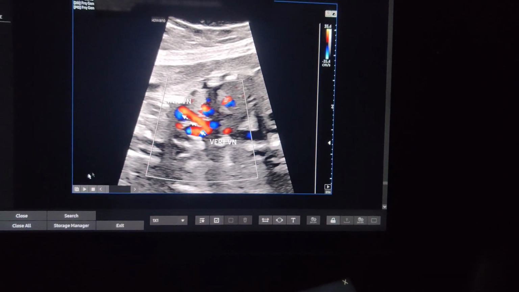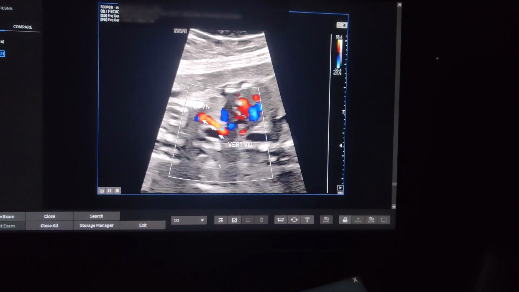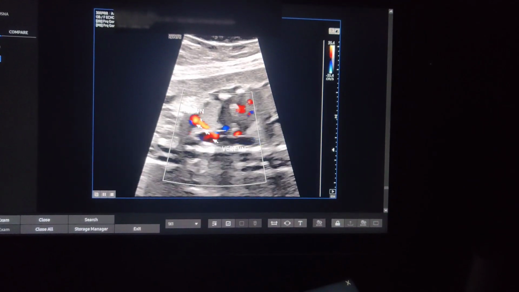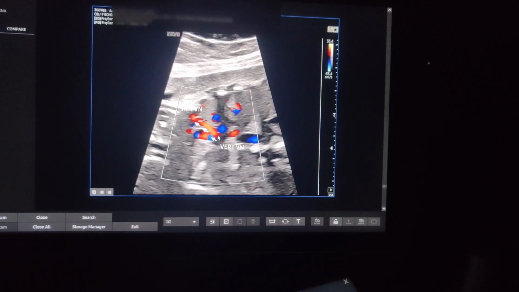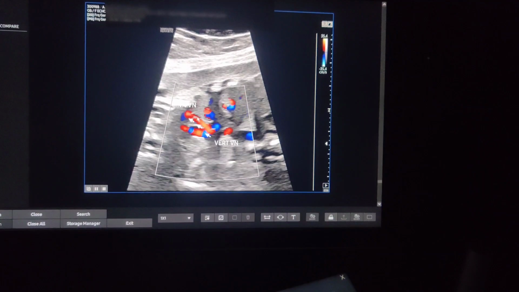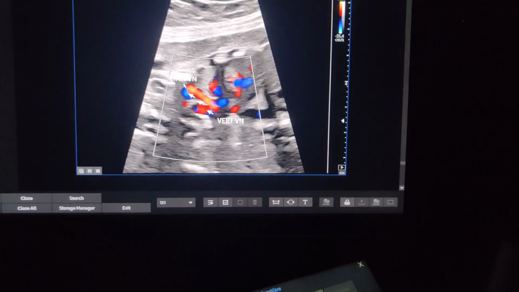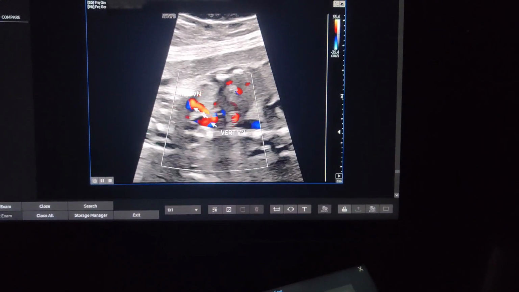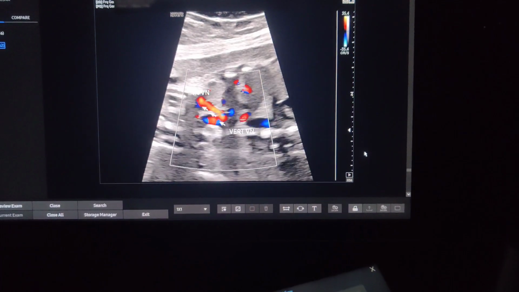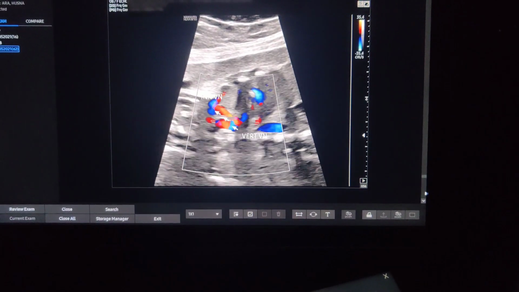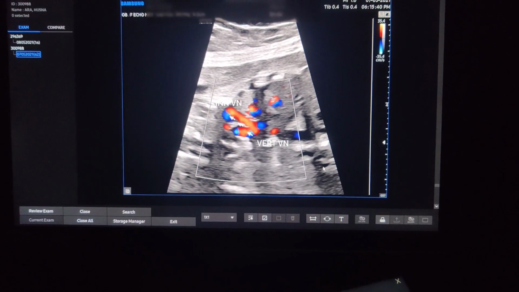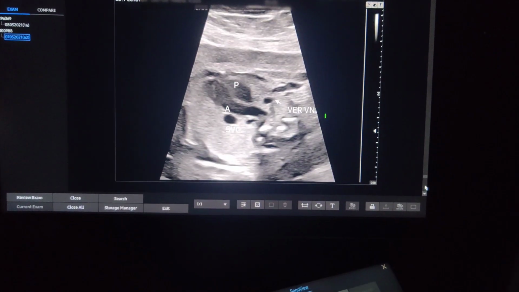So here we have a cine of the supracardiac vertical vein. So that's the venous flow. This is the confluence behind the heart of the pulmonary veins. That's the vertical vein. That's the left side of the innominate vein. So that is a TAPVC going into the innominate vein. So that's the picture showing the vertical vein.